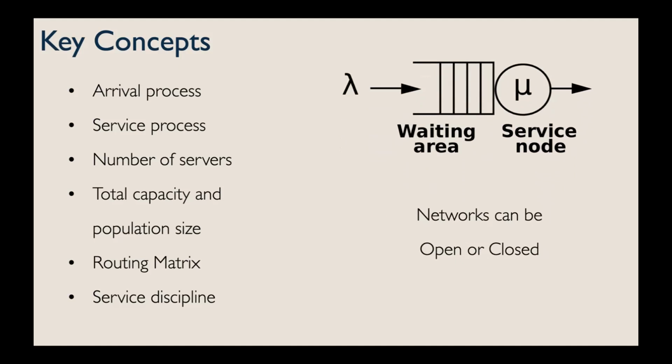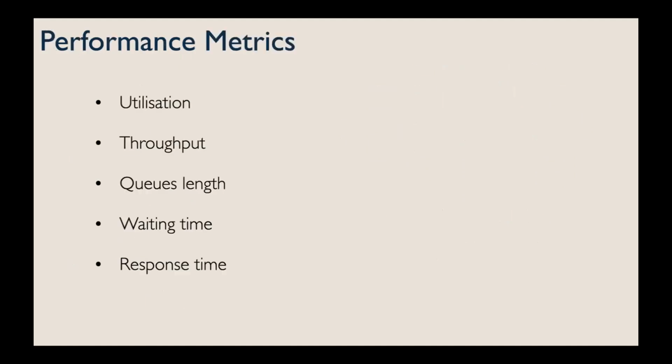In that case, they are open. If we do not have an external arrival process, we are in the case of closed networks, where the population of customers is finite, and consequently the study of the networks relies on the study of the dynamics of these customers in the network. When studying queuing networks and talking about performance evaluation, we are particularly interested in these performance